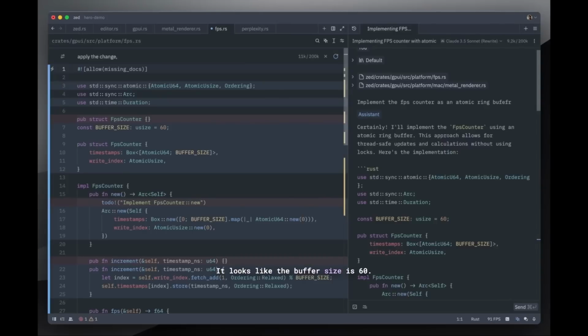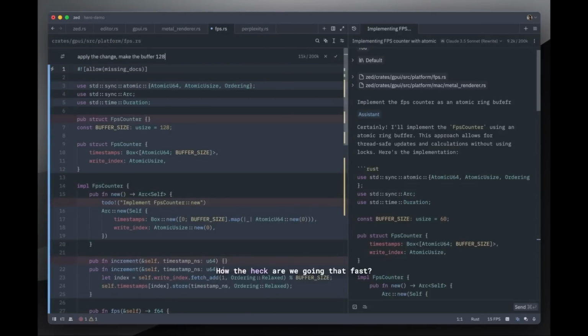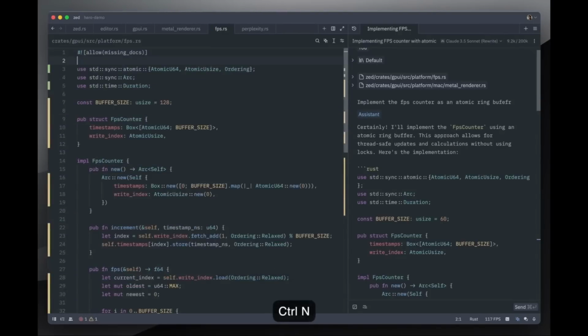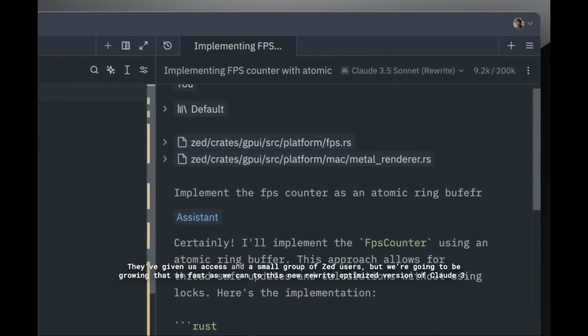It looks like the buffer size is 60. Let's say make the buffer 128 and run that transformation one more time. Boom. How the heck are we going that fast? We're not doing it. Anthropic's doing it. They've given us access and a small group of Zed users, but we're going to be growing that as fast